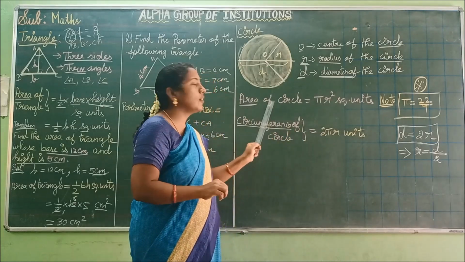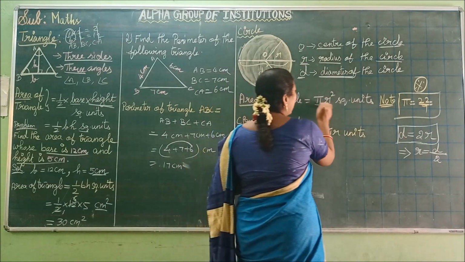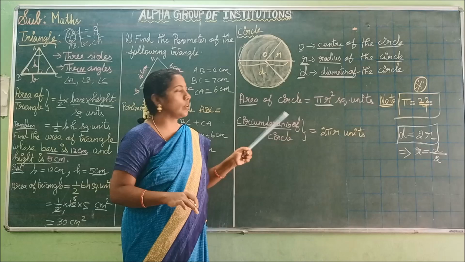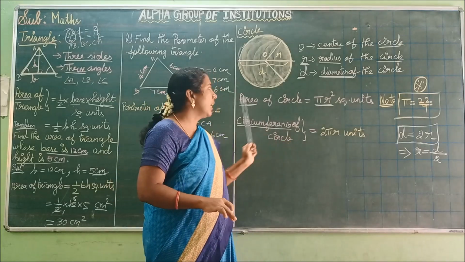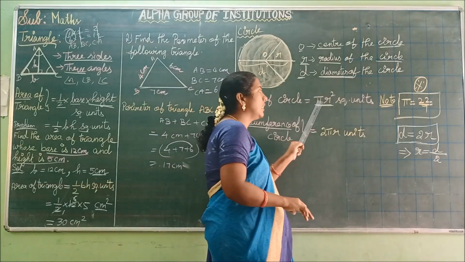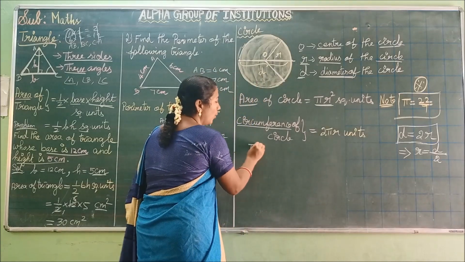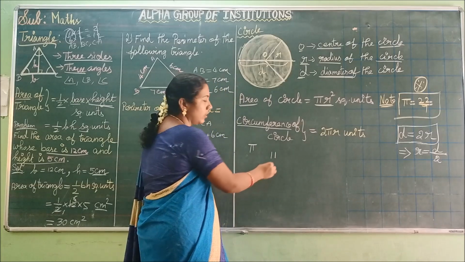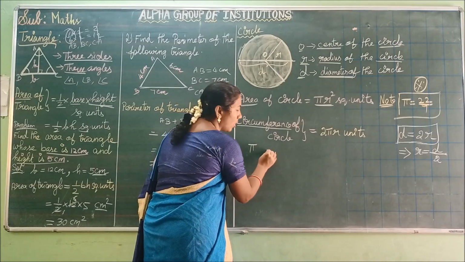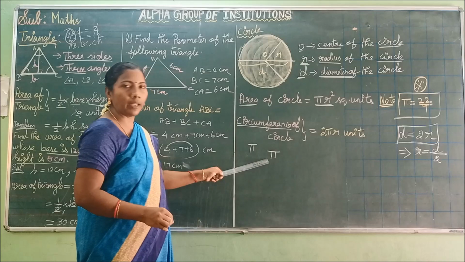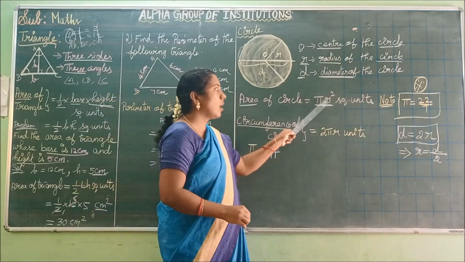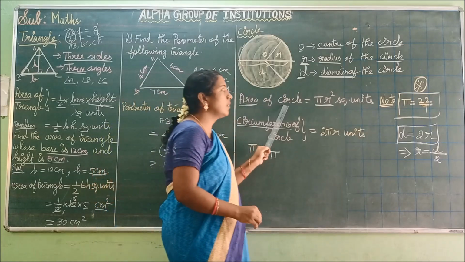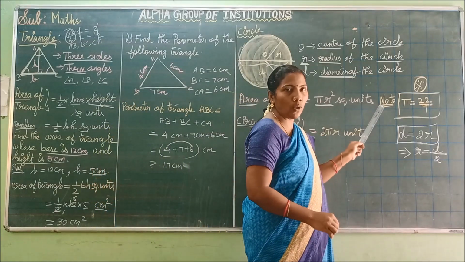See there, area of circle equal to pi r square. How do you get this formula? You can study that in your higher class. Okay, you just remember it now. Area of circle equal to, how can you read this? Pi. How can you write this? You put the symbol like this, like 11, with a short bar above it, and you get the value pi. So pi r square is the formula for calculating the area of a circle. Area of circle equal to pi r square.